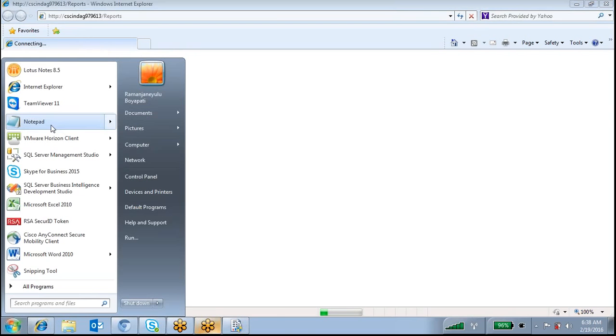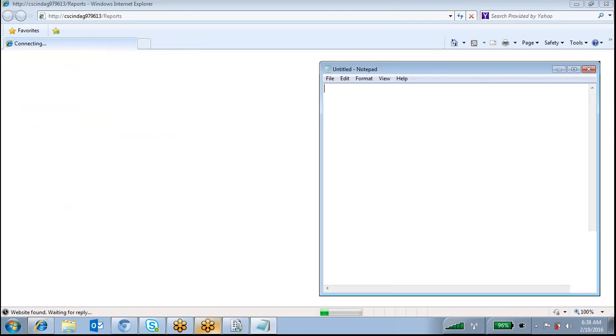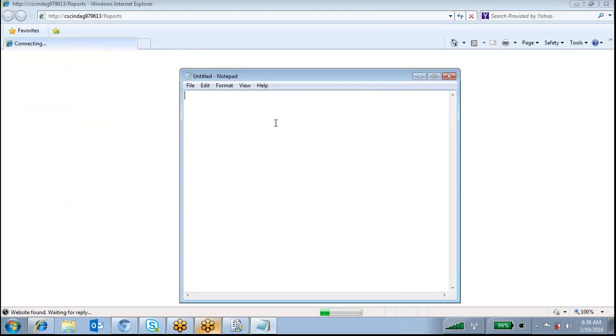So right, today in this report manager, what we are going to discuss: how to create a linked report. What do you mean by linked report?